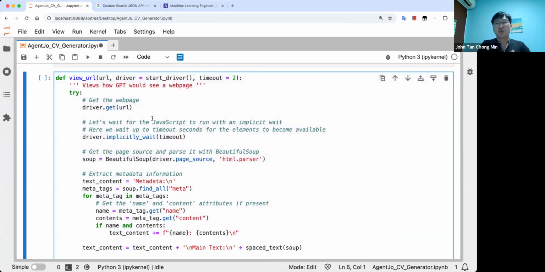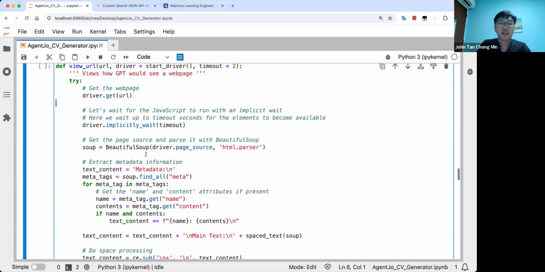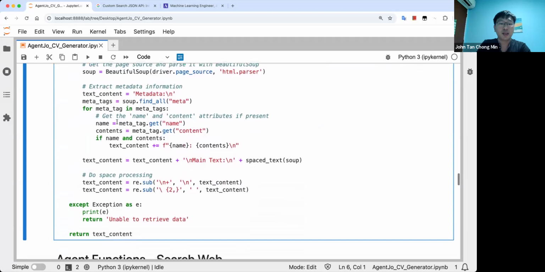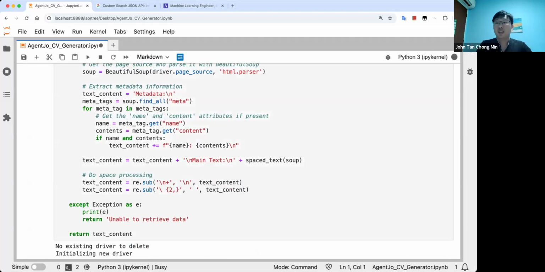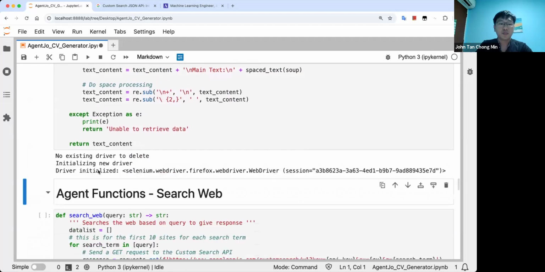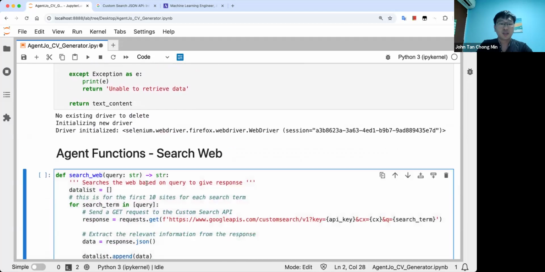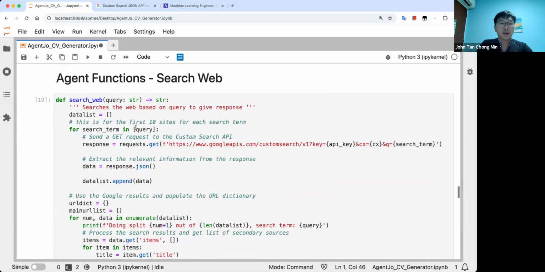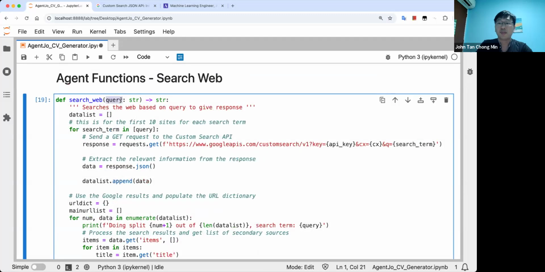I mean, you can also use request.get, but sometimes, if there's some firewall or something that prevents you from accessing using requests, then maybe using a Selenium headless browser might get by it, right? So this is basically the script that searches the internet, gets the metadata and the main data and returns it. So we can test out this function, search web, whereby we search with a query given by the